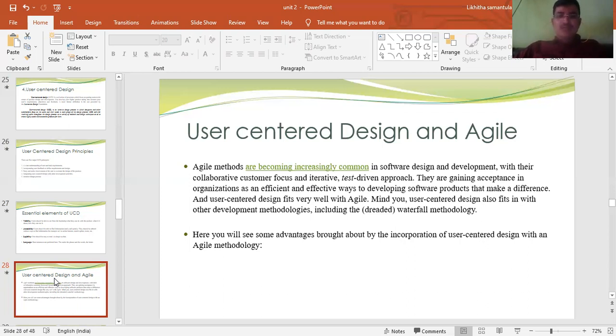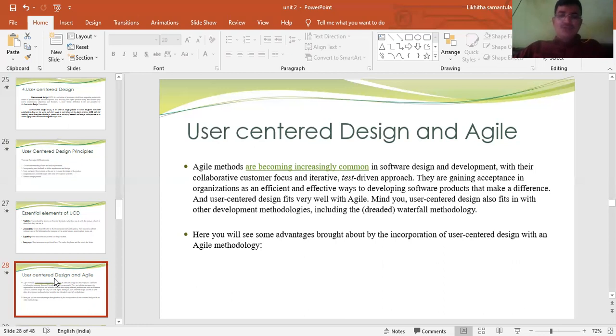And user-centered design fits very well with Lean and Agile. User-centered design also fits in with other development methodologies, including the waterfall methodology.